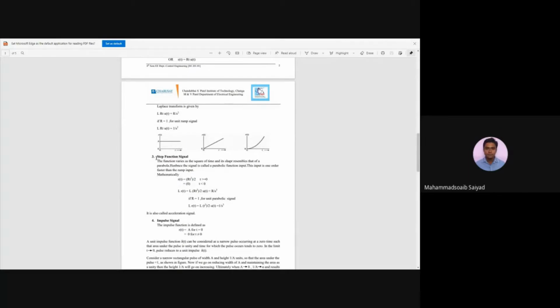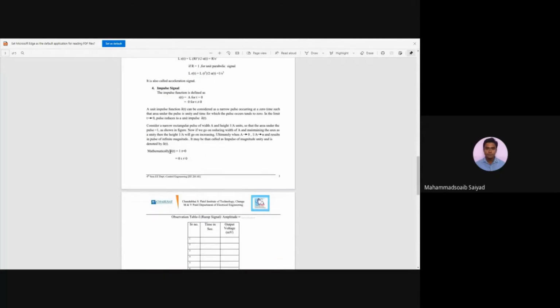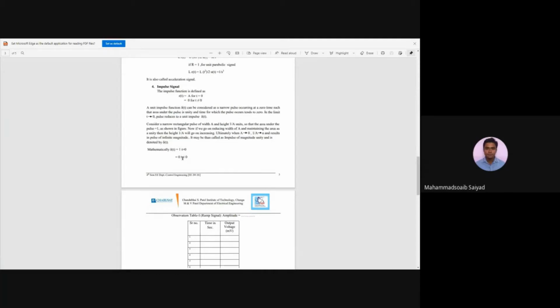Third one is your parabolic input. It is by mistake written as a step input, it is nothing but your parabolic input. So your parabolic input is R(t) is equal to A t square by 2 or 0, depending upon your time constraint, and the Laplace transformation of this is given as A upon S cube. Similarly, the unit impulse input is R(t) equal to infinity or 0, mathematically delta(t), and in terms of Laplace it will be either 1 or 0.